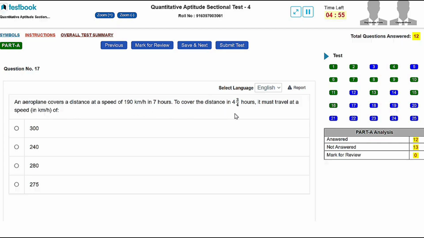An airplane covers a distance at a speed of 190 km per hour in 7 hours. To cover the distance in 3 by 4 hours, it must travel at a speed of